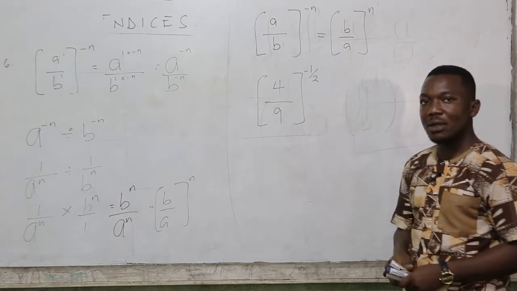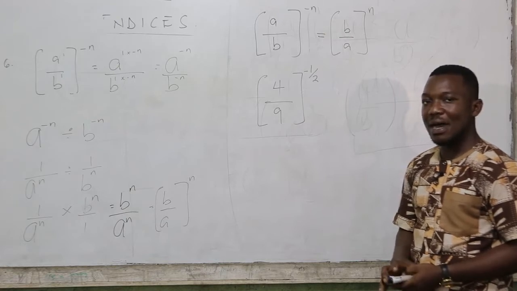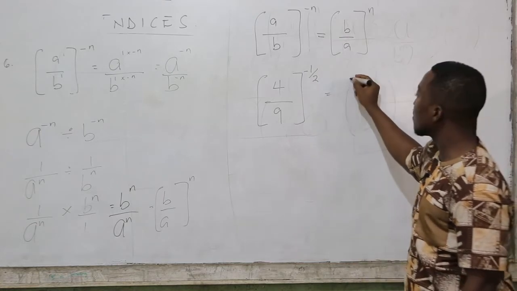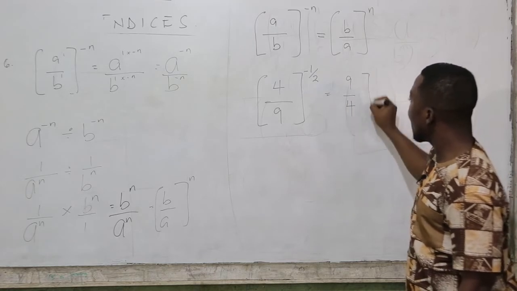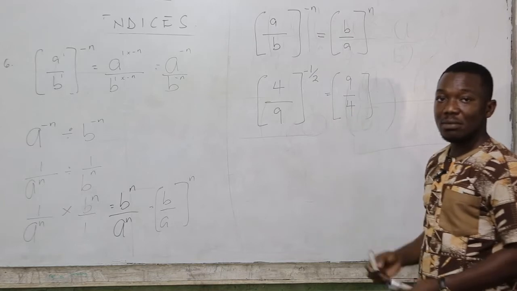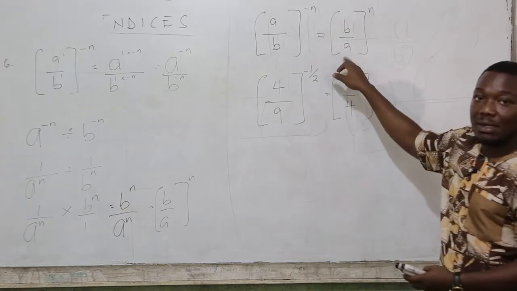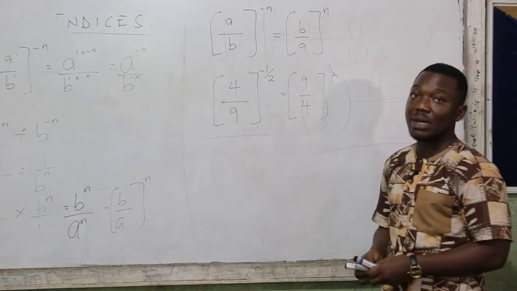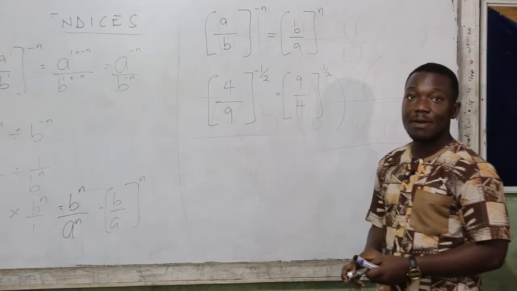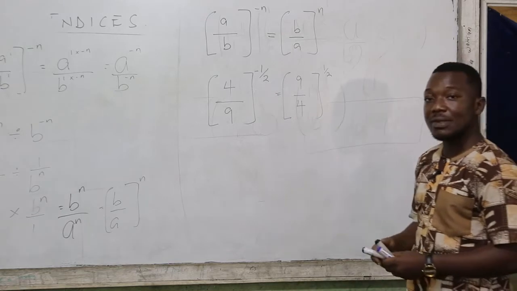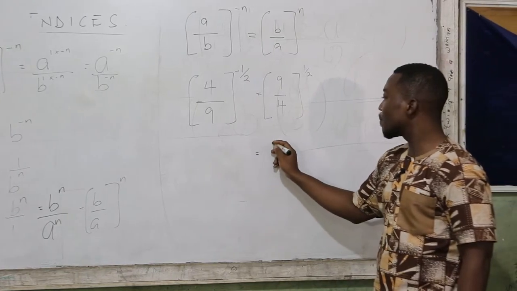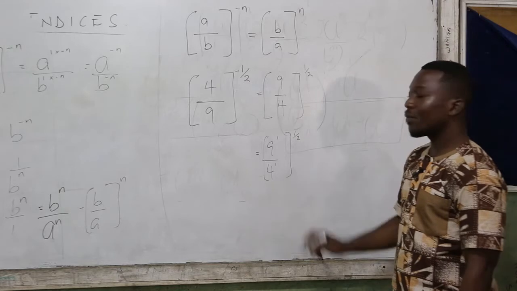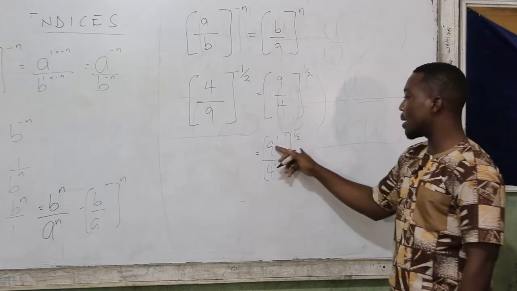Four out of 9, all raised to the power negative half. So what can we do? First, let's swap the fractions. And let's make the power positive, as in the concept. Now, we've gotten to the stage where we can apply the previous step we did in step 5 here. We make sure the powers are clearly written here. And then this power here can now enter. We have